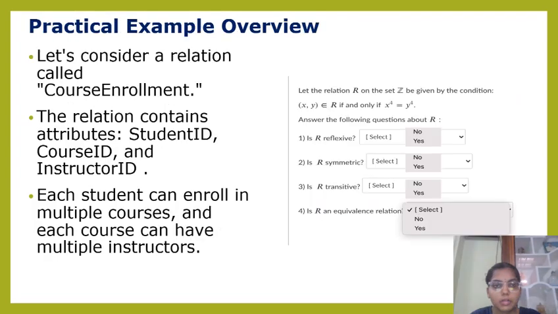This is about the practical example overview. Let us consider a relation called course enrollment. The relation contains attributes like student ID, course ID and instructor ID. Each student can enroll in multiple courses and each course can have multiple instructors. This is the example of